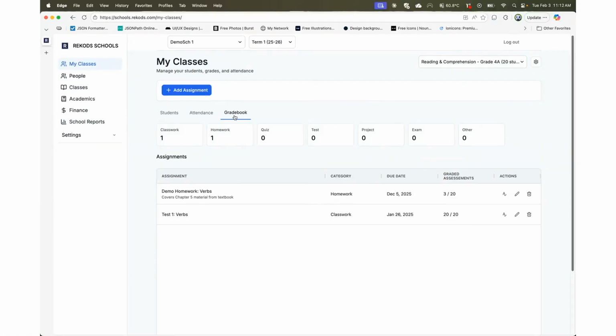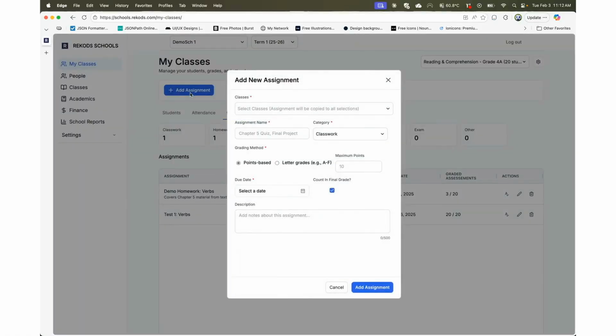To create a new assignment, click Add Assignment. You will see all the classes you teach. This is especially helpful for teachers who teach the same subject across multiple grade sections. For example, suppose you are a math teacher, teaching several grade sections at the same grade level, such as grades